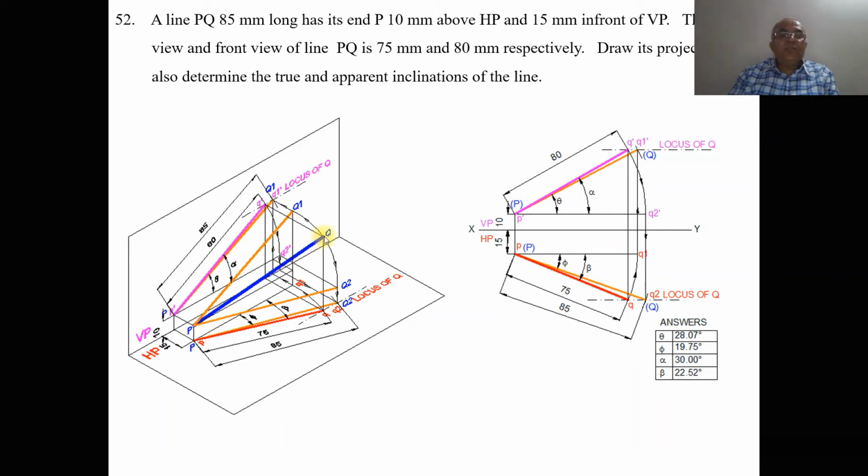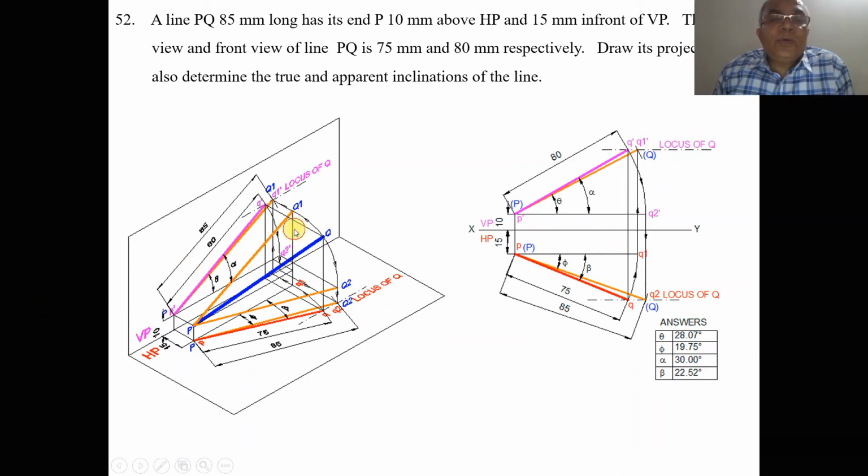This capital PQ which is shown in the blue line is the one which is in space. Once you get this, then join P to Q with a dark line. So this is going to be the apparent inclination with respect to VP, and then P dash Q dash you join with a dark line. Then that is going to be the apparent inclination with respect to alpha. So this is how you will be able to solve the problem in 3 dimensions.